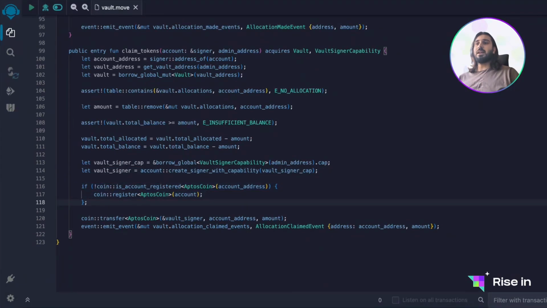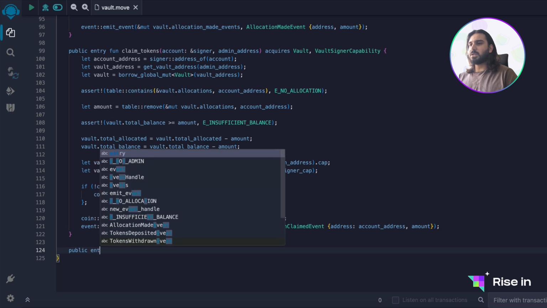We check if this account is registered so that it can transfer coins. If this is the case, we don't have any problem, but if it's not registered, then we register it in this line. And finally, we transfer the coins using Vault Signer, and we emit our event. And this will be our claim tokens function. The next function will be